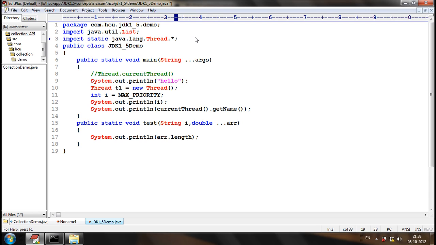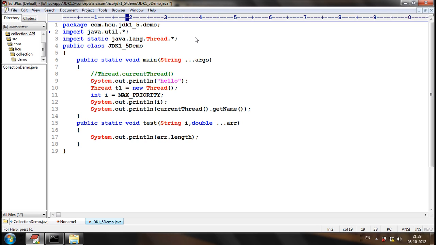Star is only the way of importing all the things, and it should be used only when we are using most of the things of that entity. Let's consider if you import java.util.*, then all the entities of the util package will be imported. But in most scenarios, we won't use all the collection interfaces and classes. So what happens? The performance of the application will be reduced.